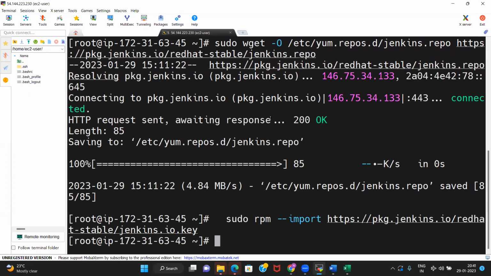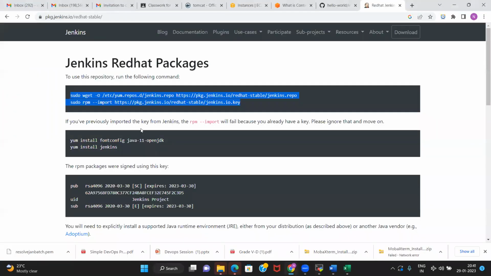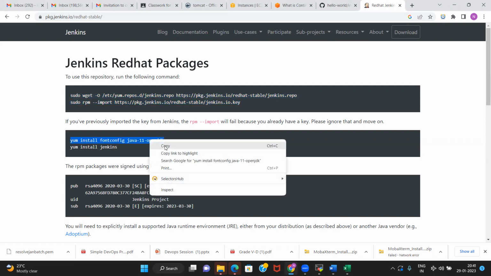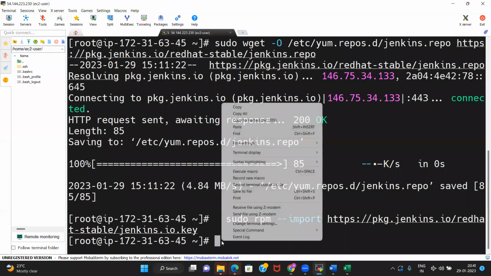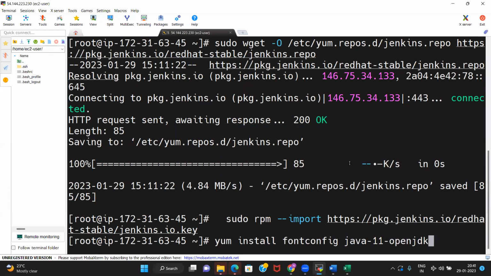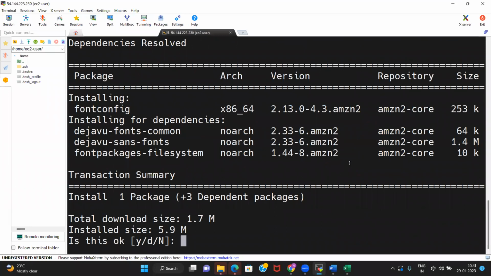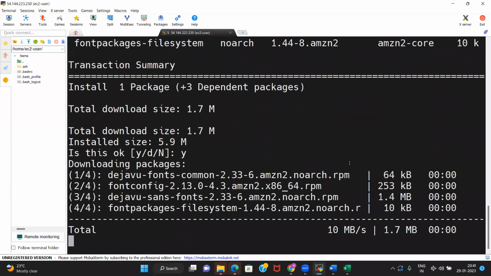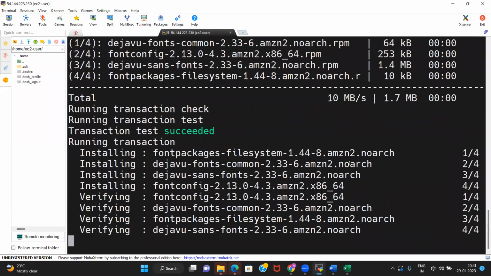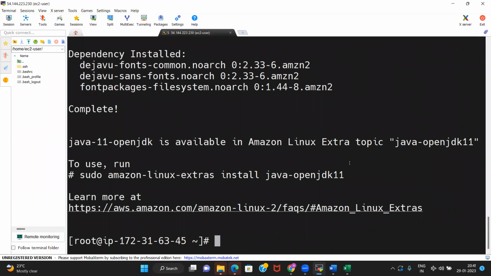Then you need to click enter again. So first two done. Then you need to click on the third one. Copy the third one. Paste it. Just enter. And this is done.